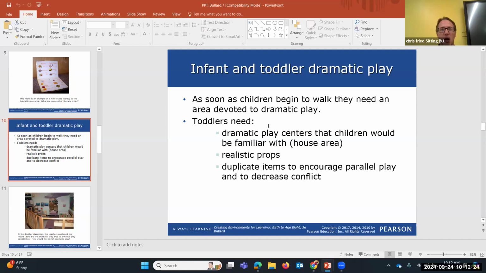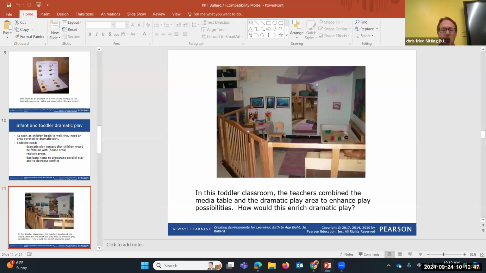And this is a big one here. Toddlers are not the best with sharing, right? They don't understand that concept quite yet. So multiple items in there is good. Parallel play is also good as well for this, because they can see others playing with an object, and maybe they're not sure how to play with an object or a prop, and they see others playing with it. They understand how that works. They can jump right in with that as well.